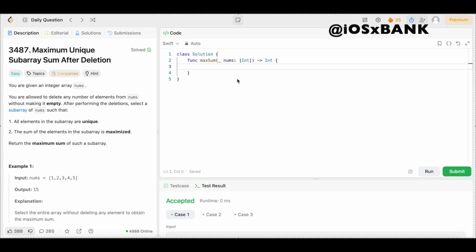All right, y'all, we're back again, another day, another LeetCode problem where we're doing daily LeetCode problems. And today we have question number 3487, maximum unique subarray sum after deletion. The difficulty level is easy, but you already know we're going to keep the solution as simple and easy